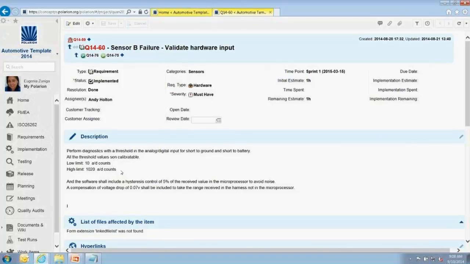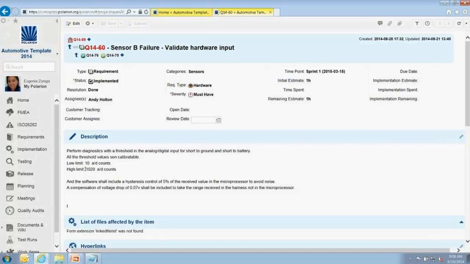the technical knowledge comes in to implement a process correctly. So in the description, you say, okay, I need these thresholds and I need these ATD counts because the variation is going to be 10 for short to low and short to high. And I also need hysteresis control to avoid noise and stuff like that.